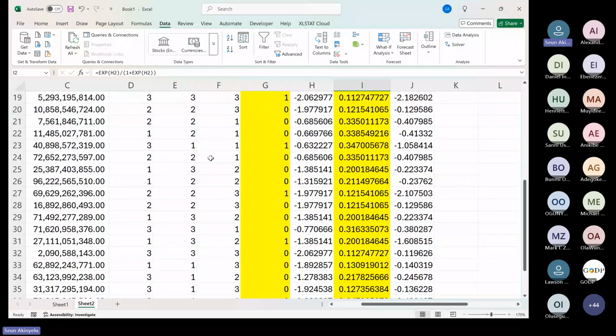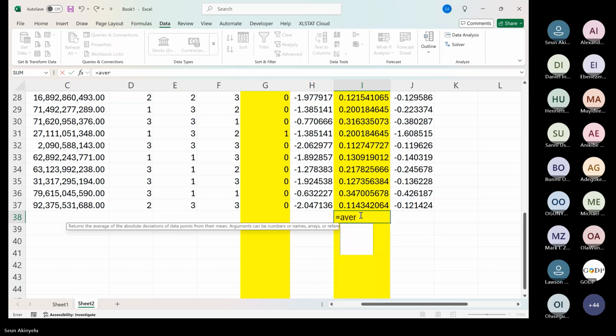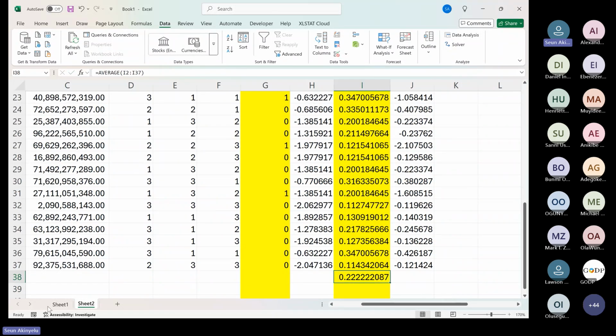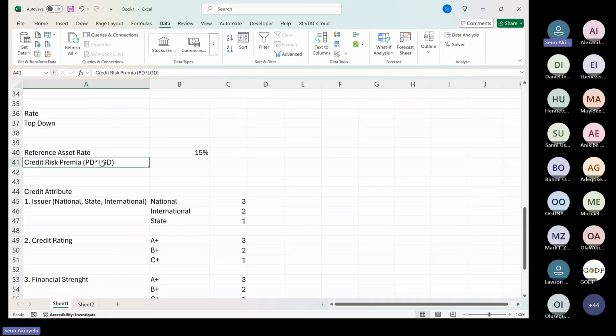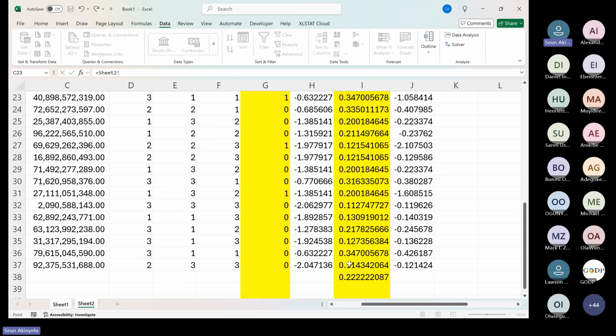So let's assume this is a portfolio. The average of this thing that I've calculated as PD, don't worry, during the full class you are going to do your own. It will not only be me. This average is what I will be using as the PD that I want to use here. So from here, I can go and bring the PD. And the PD from the example I just did is an average of 0.22.